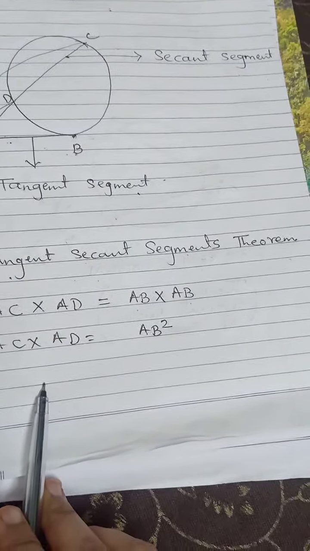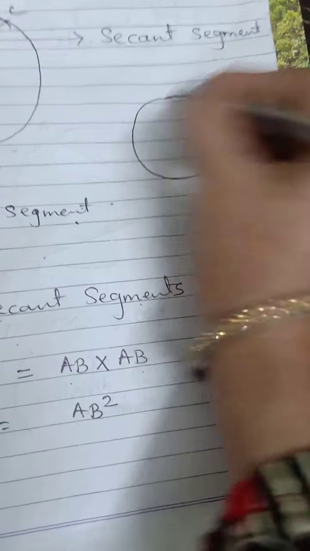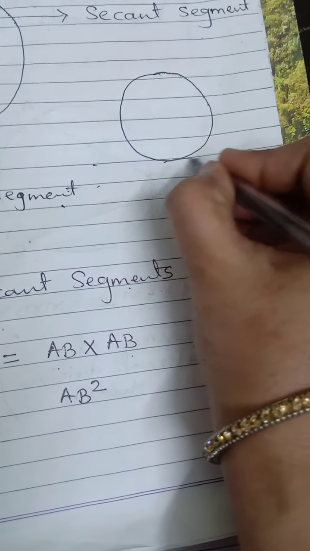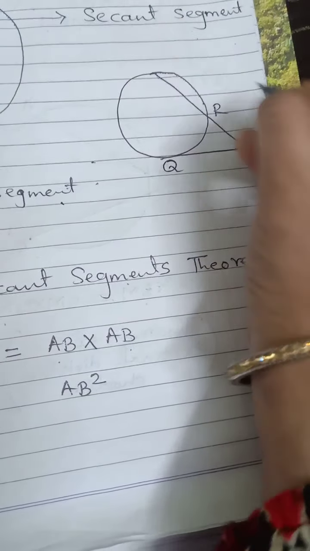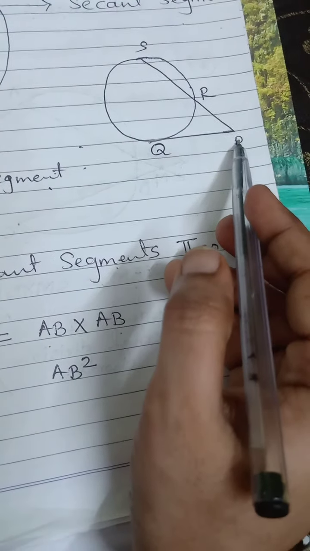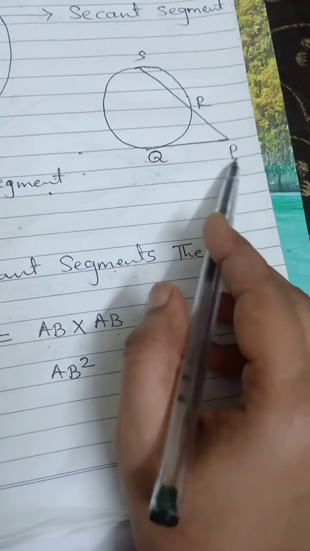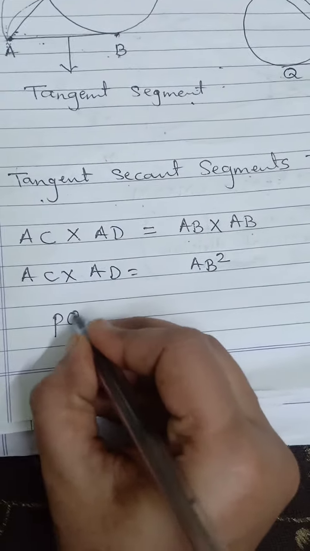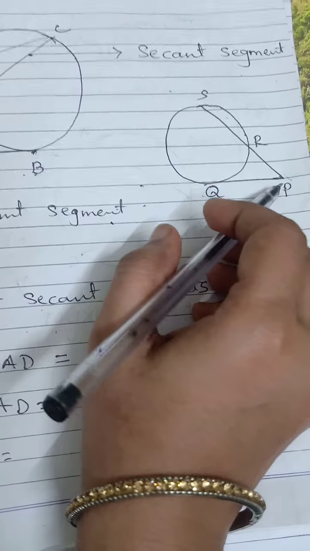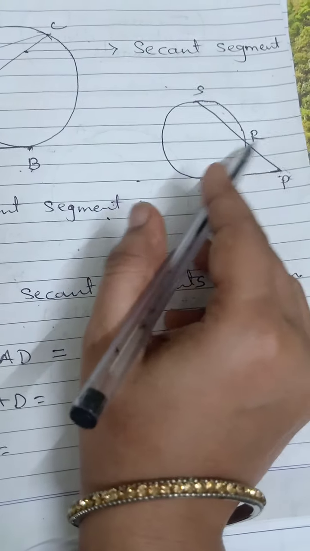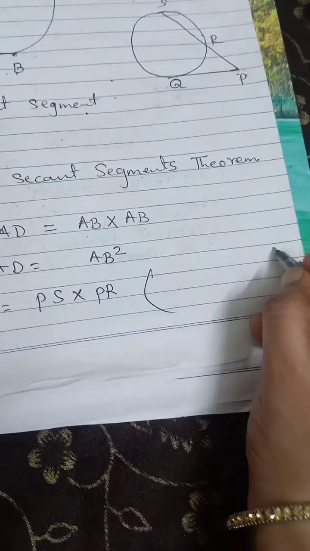Now I will again revise it by taking another figure, so it will be easy to understand. First of all, if I am taking here this way, from here till here, it is Q, this is P, R, S. Now this is tangent and this is secant. So first of all, we will take the square of the tangent. So the tangent is PQ. So we can write PQ square, and the two segments on this secant we have to take in such a way that P should be included. So the first one is PS, another one is PR. So we will take PS into PR.